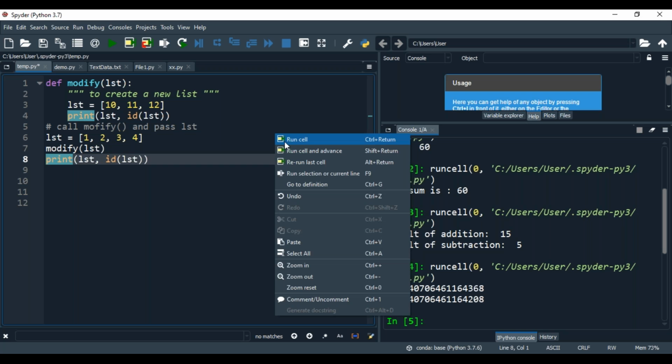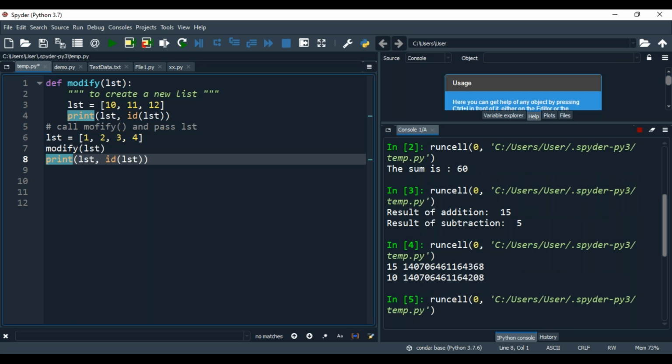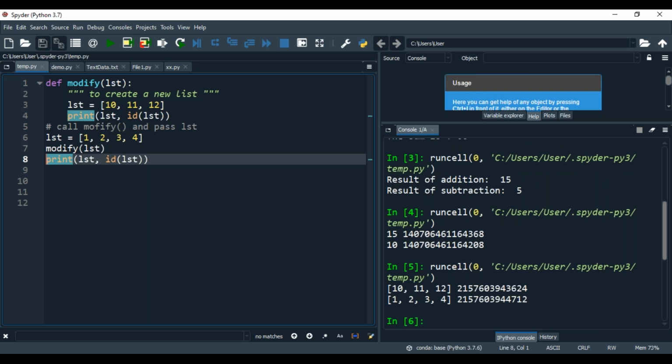See now, the first lst is stored somewhere, 10, 11, 12: 2157560 3944 and so on. Where is it exactly? 443624. Next, another one is 2157603944712.